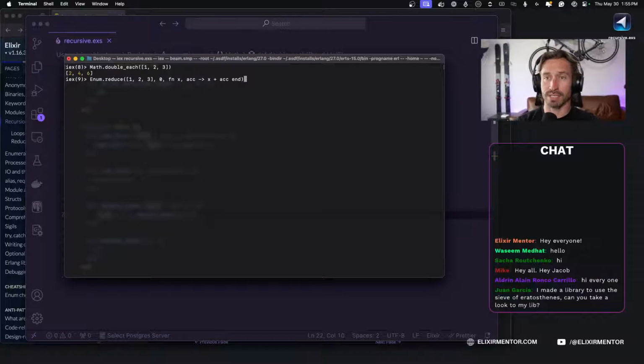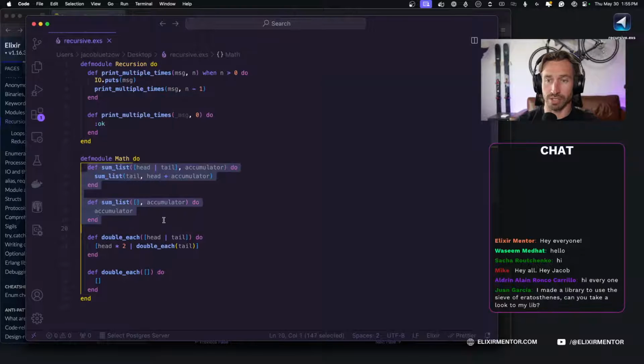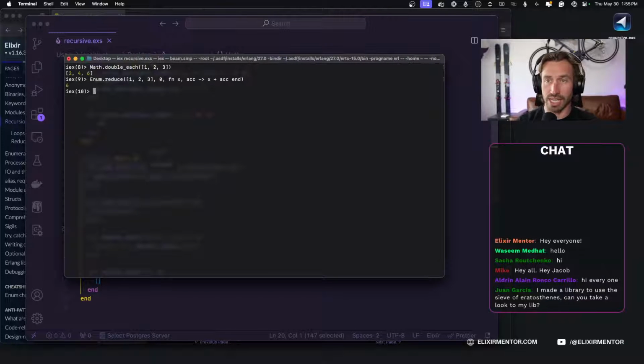So this function is the same thing as what we did right here. So these two functions, in our math, that is what the reduce function does. So when I hit enter, we get 6 back. Cool. And then